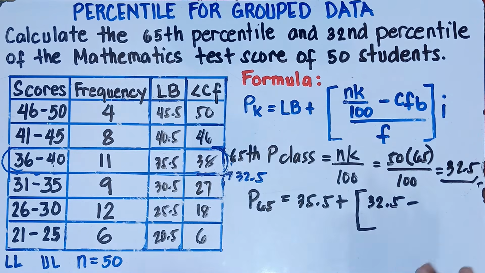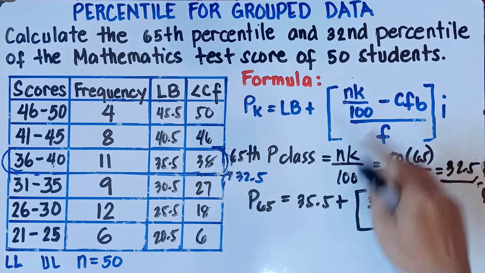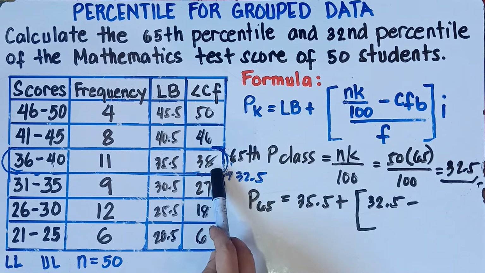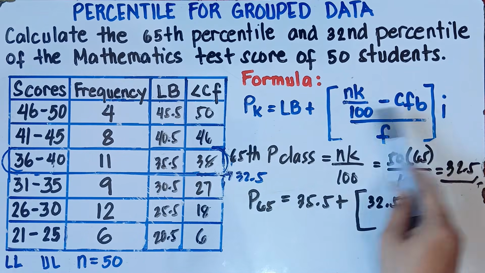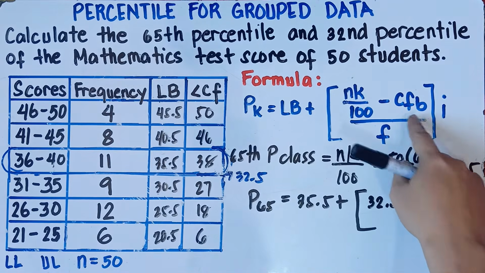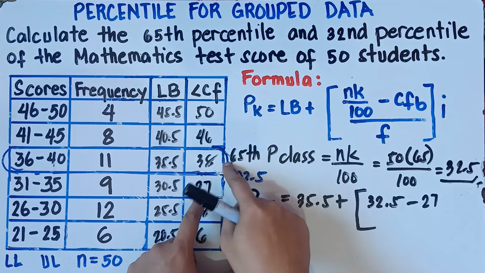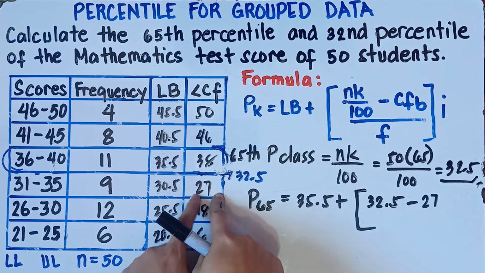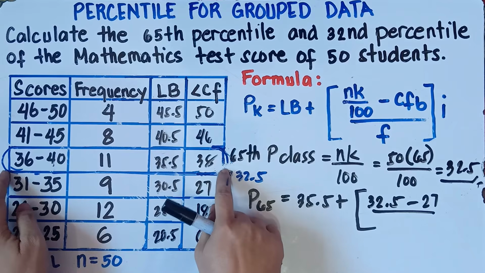CFB, now in this one, be careful. CFB means cumulative frequency before. It should be the previous class. So these are the cumulative frequencies, and this will be our percentile class. Now it says before, therefore our answer for cumulative frequency before should be 27. Once again, class, be careful with this one. It says cumulative frequency before, and this is our percentile class. Therefore, we need to select the one before this 38, that would be 27. I hope it's clear for you. So this is minus 27 over the frequency of our percentile class, that is 11,